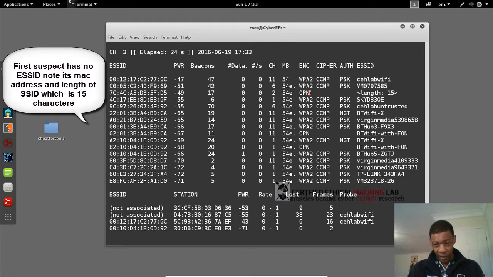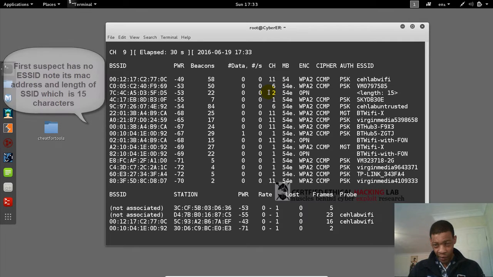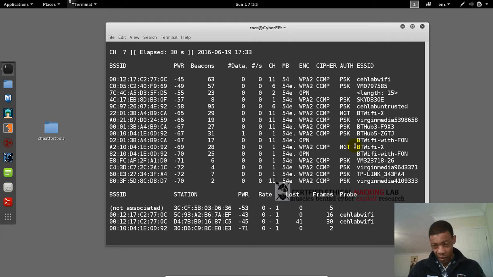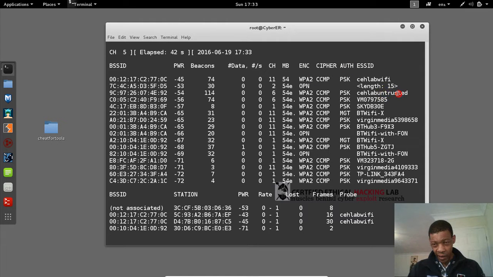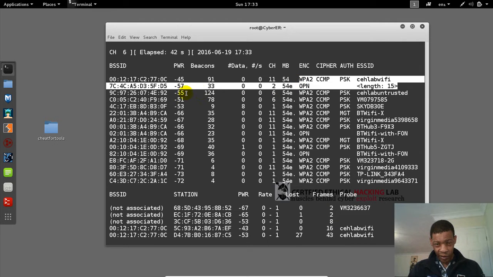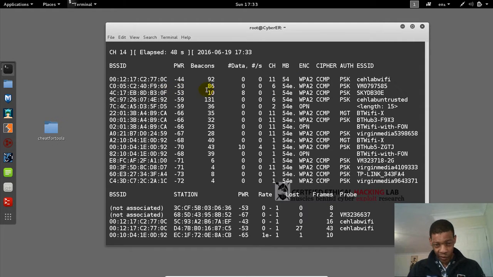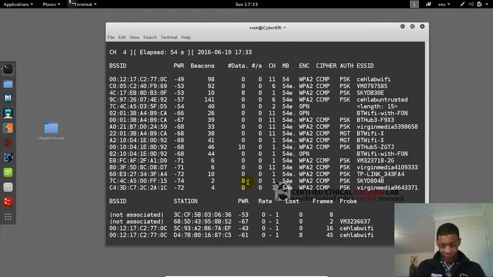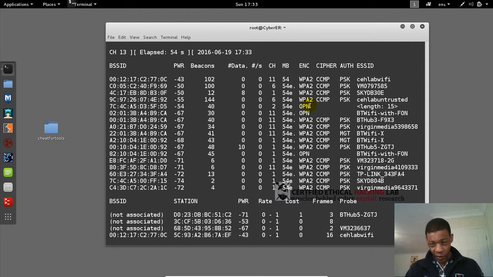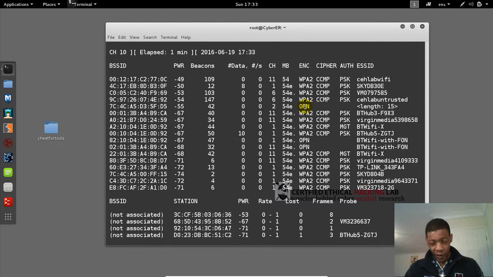Then we have got another one, open authentication, which is on channel 2. Now the only one with open authentication that doesn't have encryption and also the name is hidden is only this one, which is on channel 2. So what we'll do is change our wireless card to channel 2 so that we can just look at this one, as we will try either to brute force, but we can use Wireshark